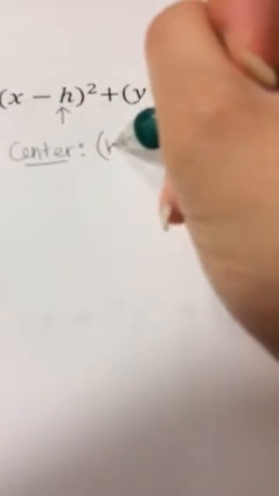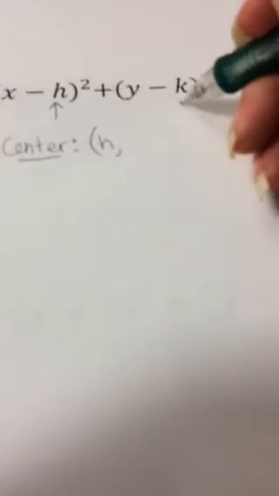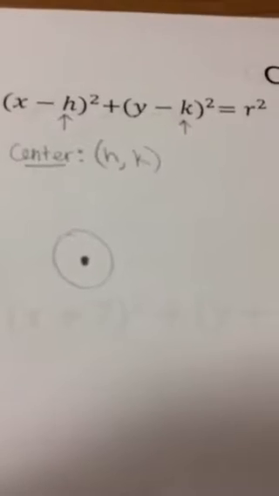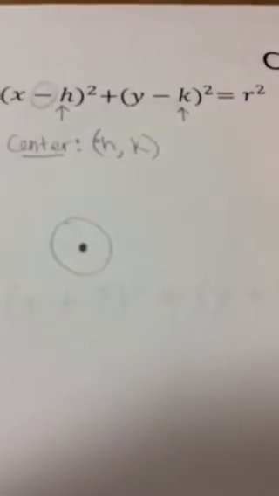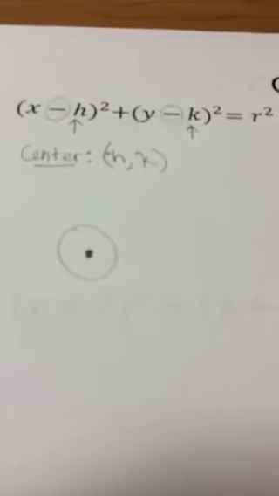Whatever this h value is, is the x coordinate of your center, and whatever this k value is here is the y coordinate of the center of your circle, meaning we're going to have a circle, and that will be the point that is plotted on the x and y axis on the coordinate plane for this circle. Notice it's almost like it's opposite sign. If you see subtraction in here, it's a positive h that we're going to plot. If you see subtraction, it's a positive k value, okay? It'll make more sense when we start doing some examples, but just know that it's almost like it has opposite